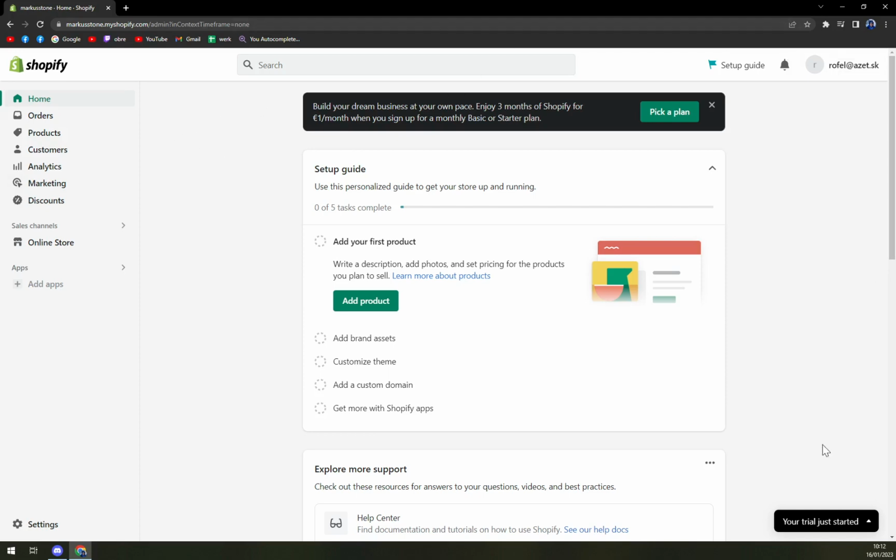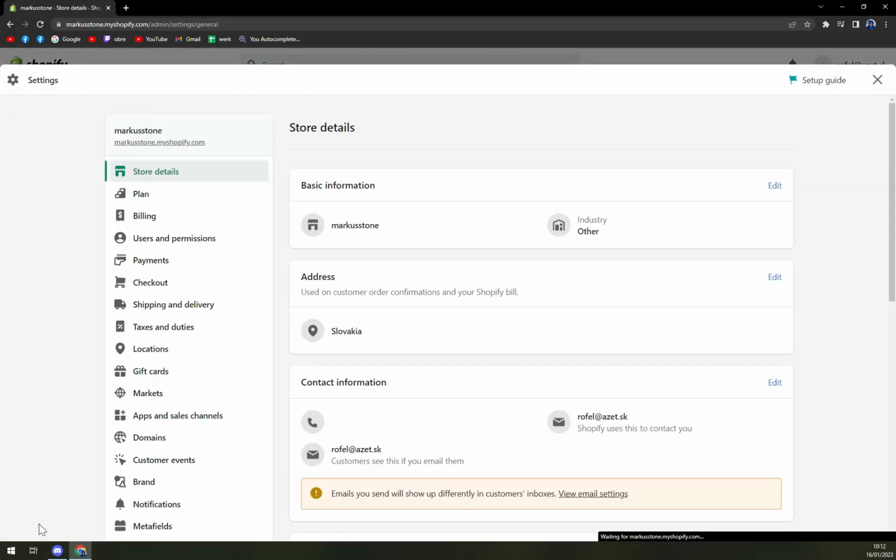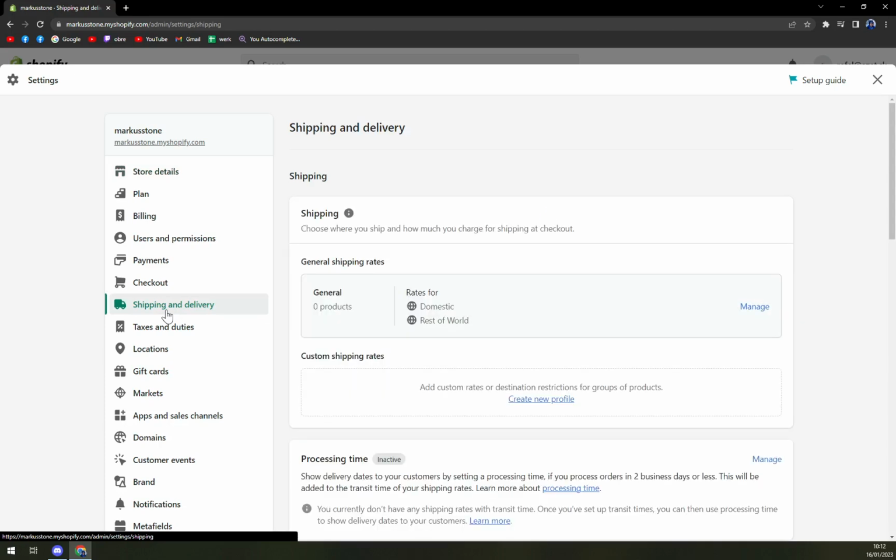First of all, this is our workspace. We want to focus on the bottom left part of our screen and click on settings. Once we click on settings, we have to focus on this left side panel. For example, we have plan, billing, users and permissions, payment, checkout, shipping and delivery. And there we want to stop. We're gonna click on shipping and delivery,